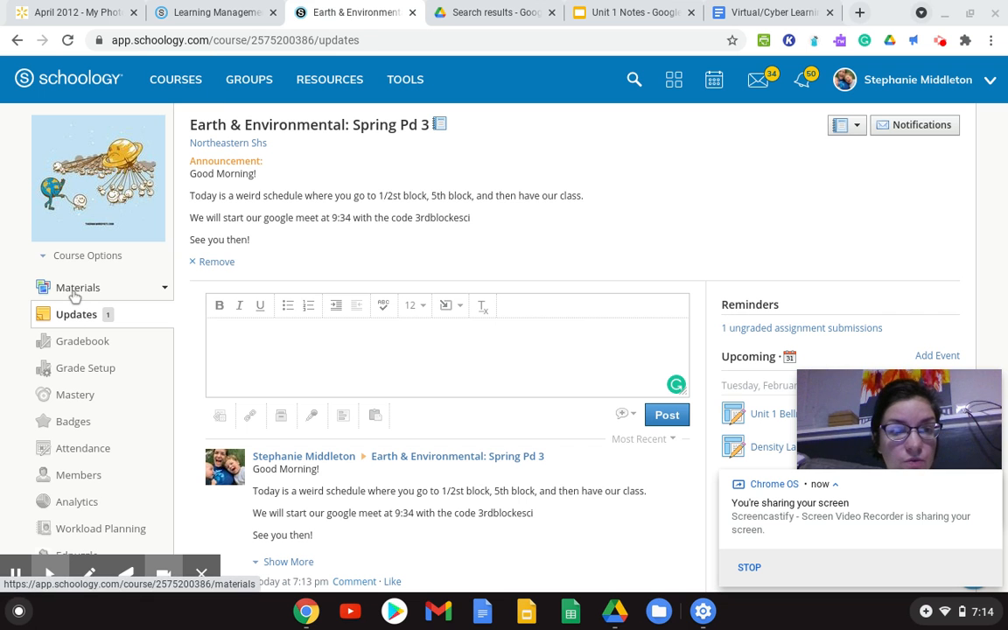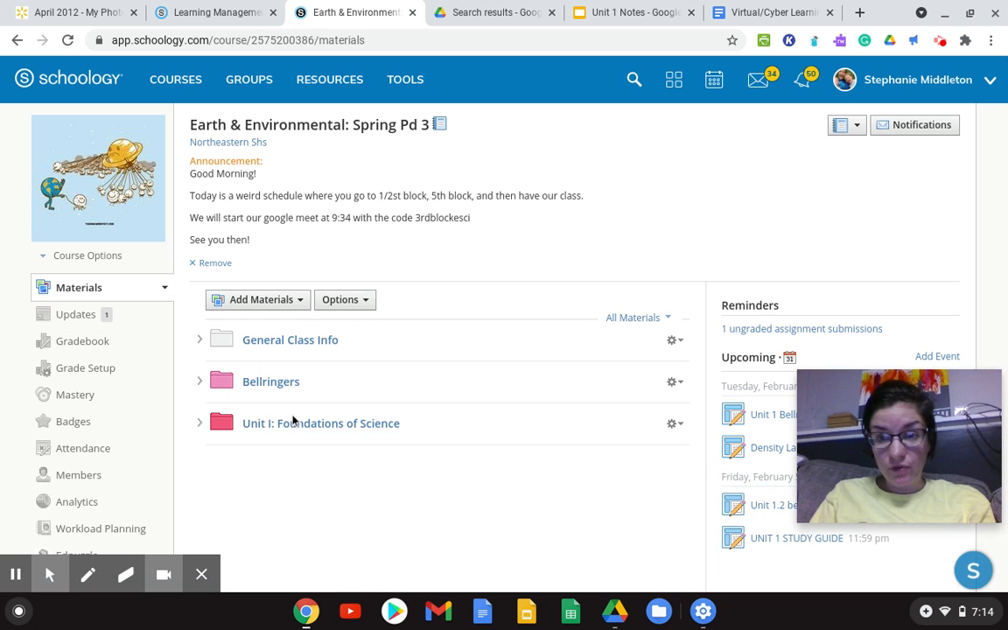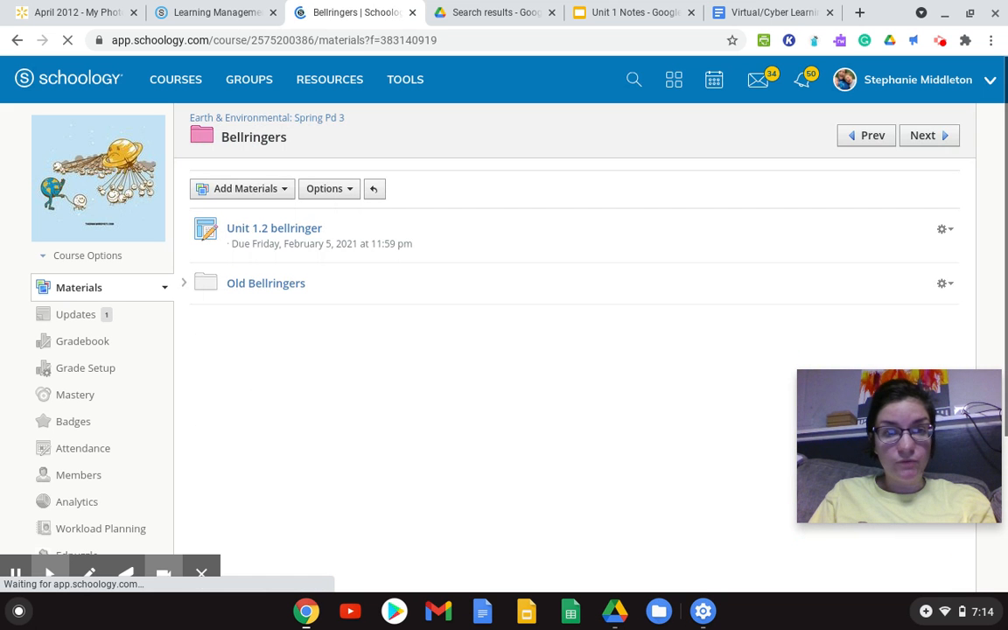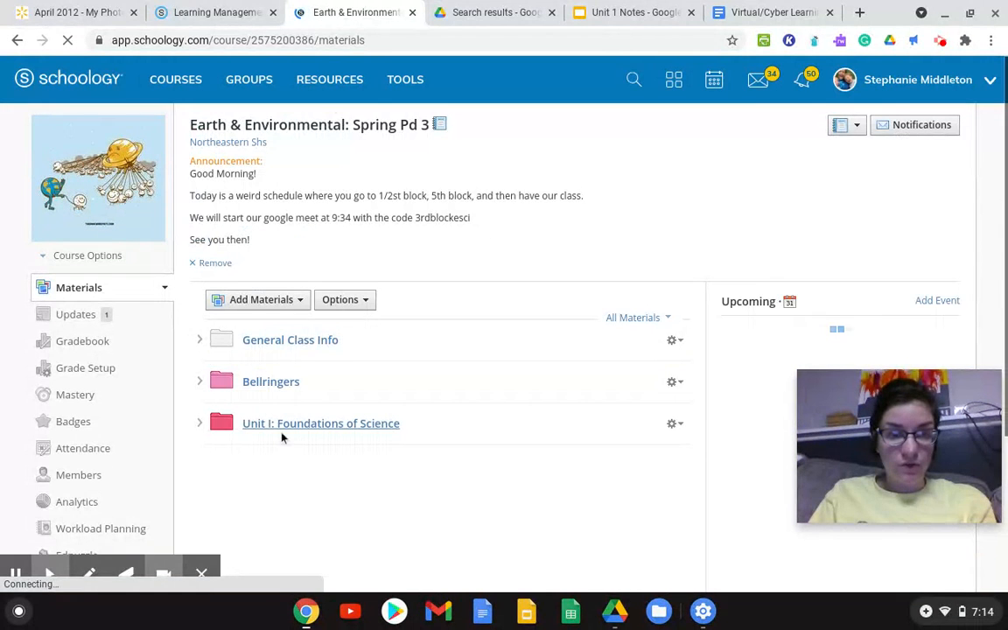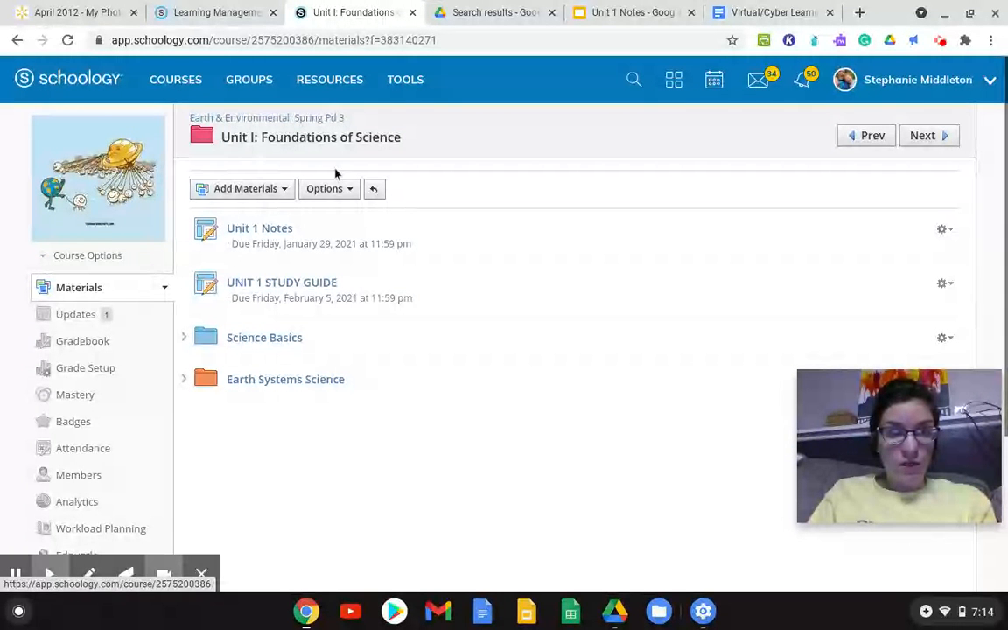What we need to do is go over notes. I want to point out a couple things to you really quickly, though. One, your bell ringer is still in the same place. We've probably already gone over this. It's right there. But there are a couple of new things. We are moving on in our Unit 1 Foundations of Science, and I know this might not